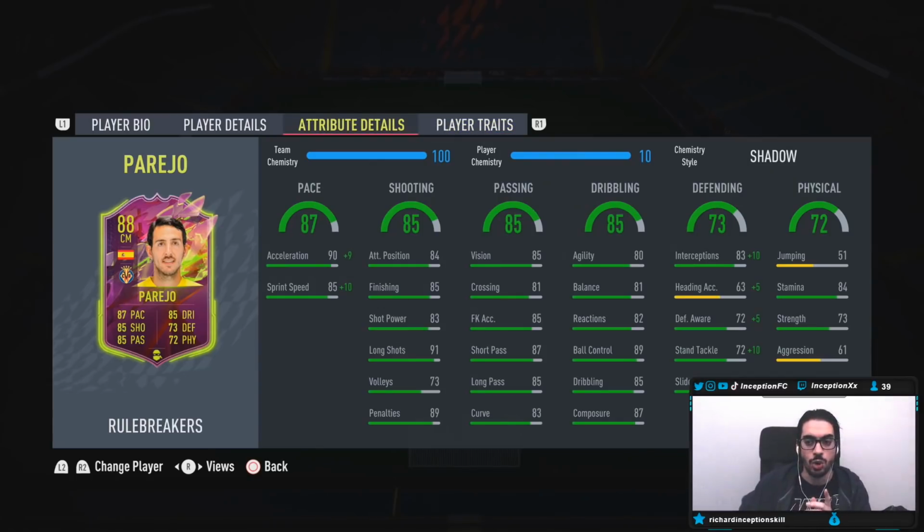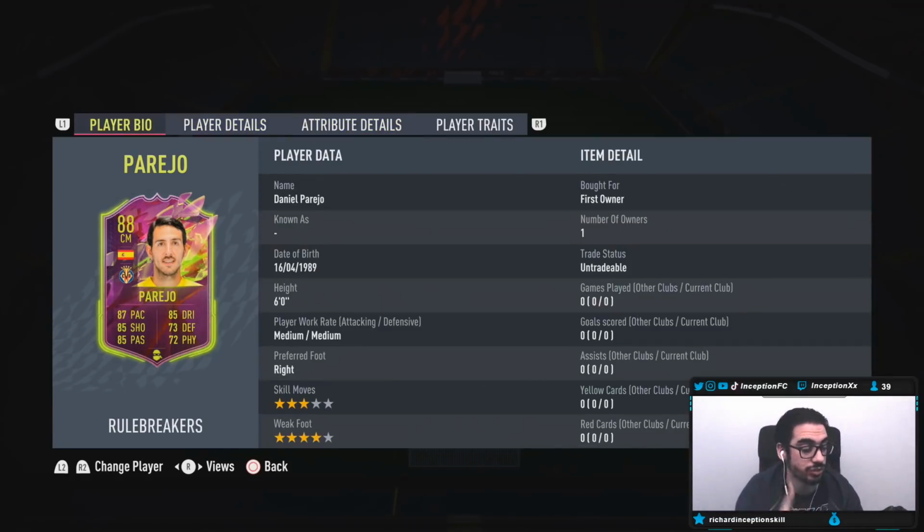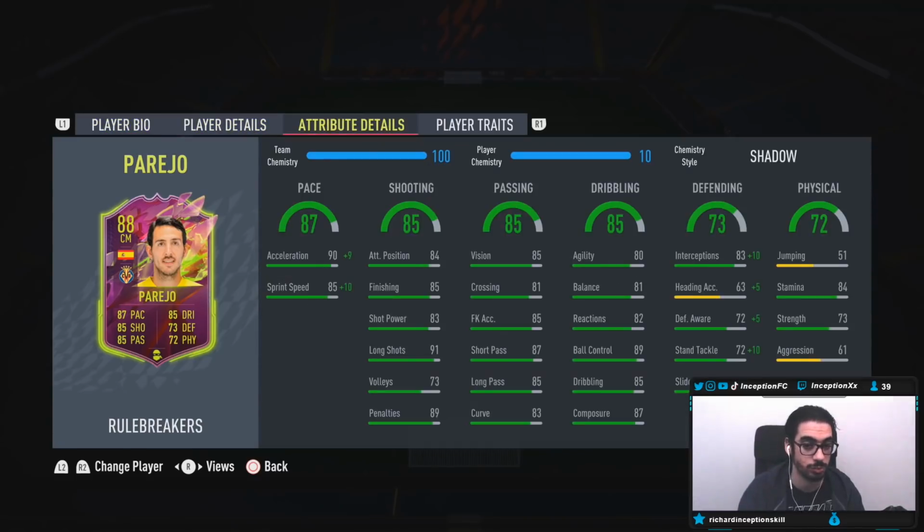In-game attributes, we're actually going to be giving him the shadow chemistry style, guys, because Danny Parejo in-game actually has a lean body type, right? So with the lean body type, I do want to experiment with that and the dribbling stats that he has, because obviously for a midfielder it's actually pretty decent. But it's interesting because he is a 6 foot tall player with that body type and those dribbling stats,